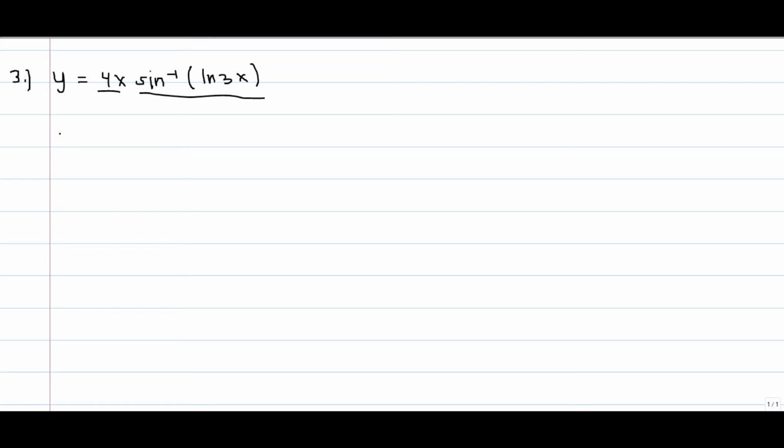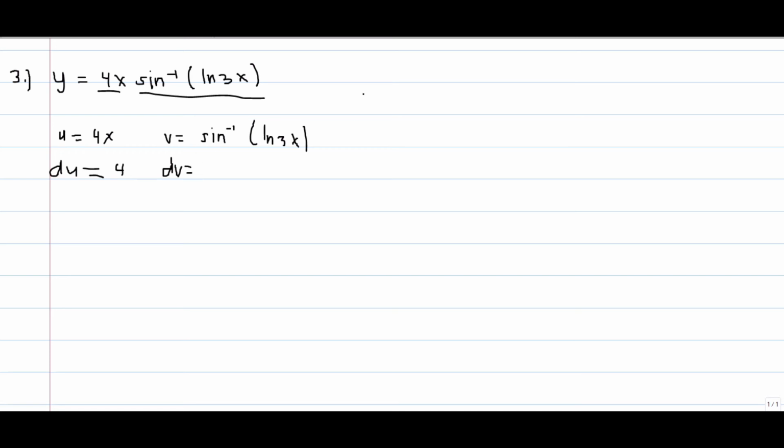Okay, so in this case we have u equals 4x, then du here is equal to 4. So v here is equal to sine inverse ln 3x. So to find dv, we have